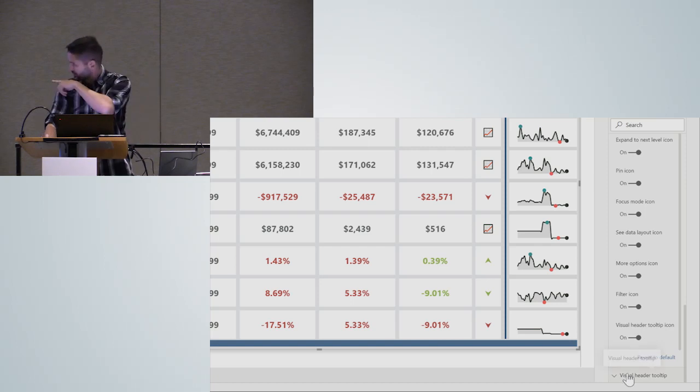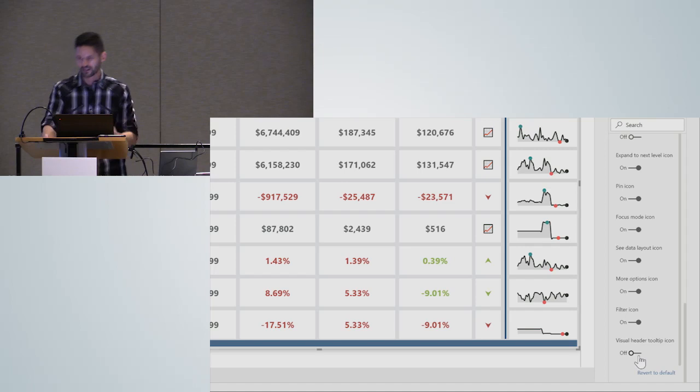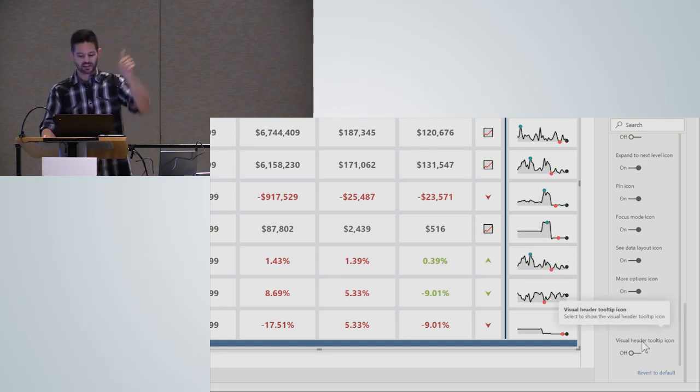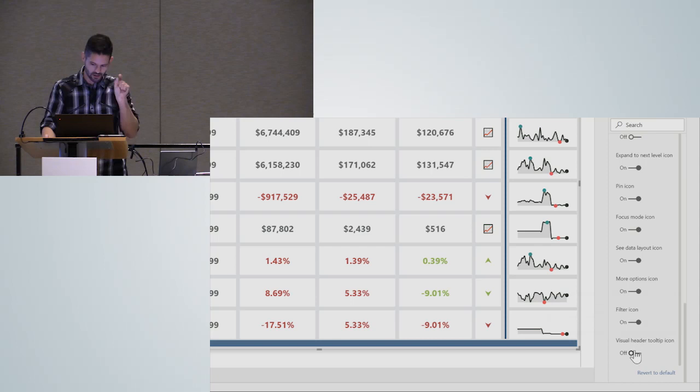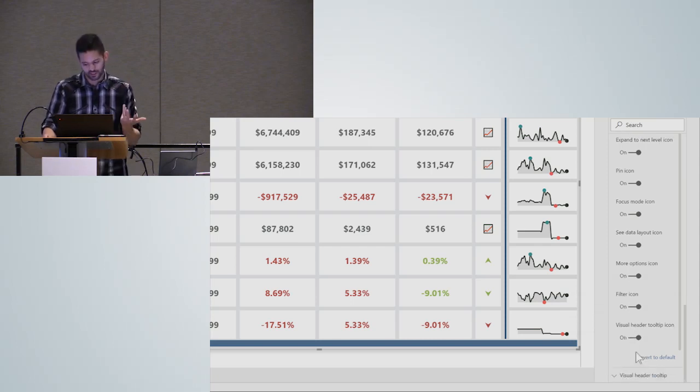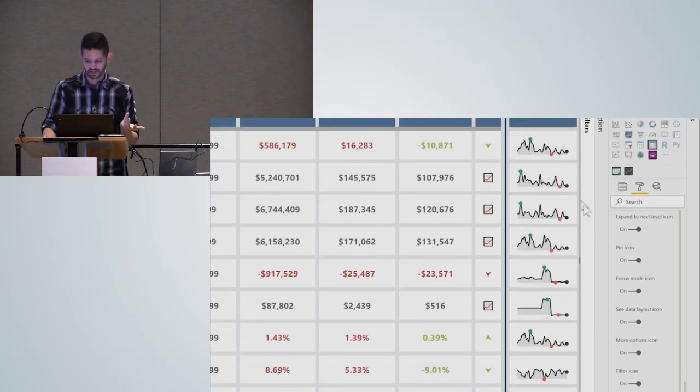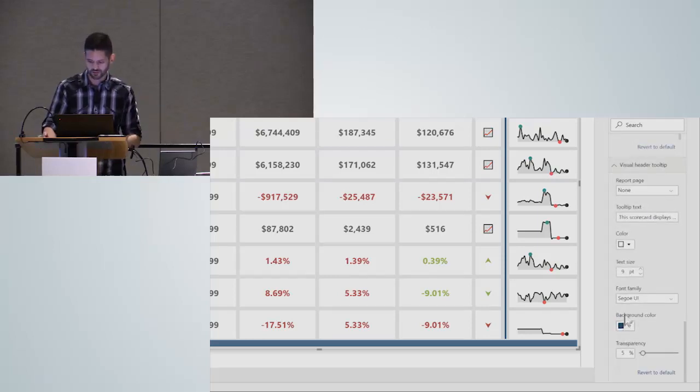Like right now I have visual header tooltip. That allows me to customize this. I first have to turn this toggle on to see the other menu. So it's, my two cents, I don't think it's well placed. The fact that you have to scroll almost twice to even get that little option to show up, because it's almost stuck there at the bottom, it could be better placed. But the feature is amazing, and it's fairly straightforward.